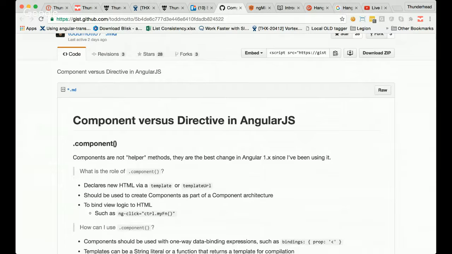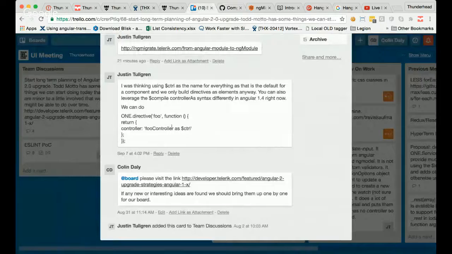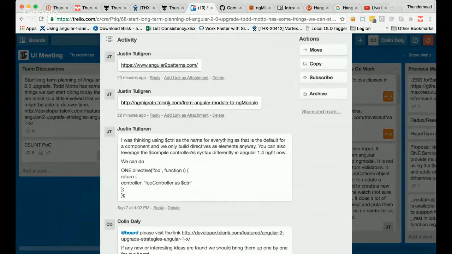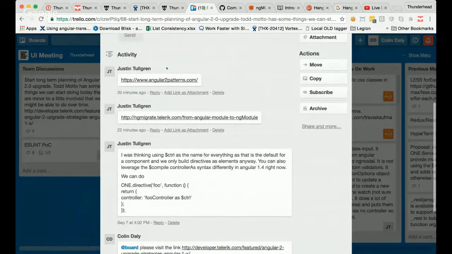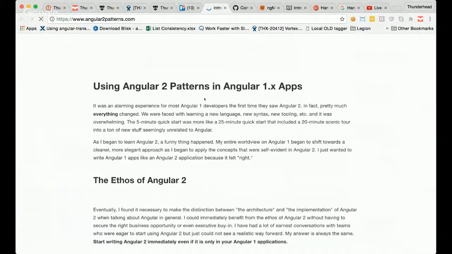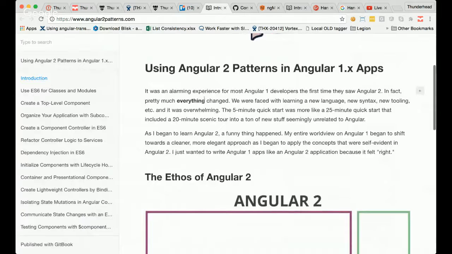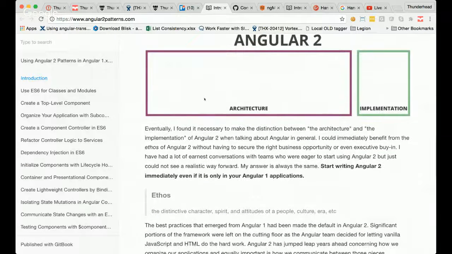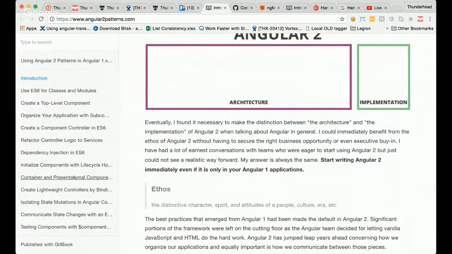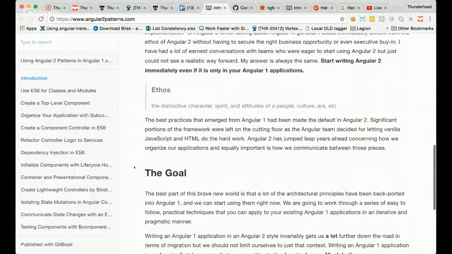But I brought those two articles up because I thought they were important for other topics outside of Angular too. The other one that I thought was kind of cool was the other link I put in there. Patterns that we can use. He kind of shows what it looks like in Angular 2 and then how you can do it in Angular 1. That's this one again? Yeah. So that's one that I think everybody can probably go with and maybe take something away from it.